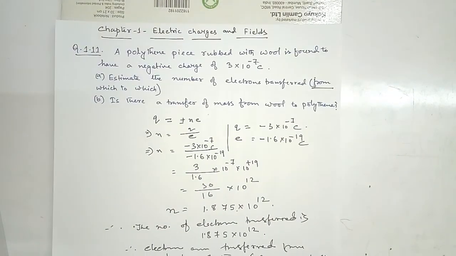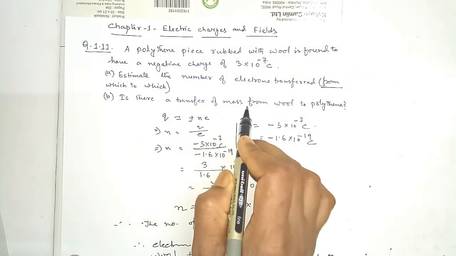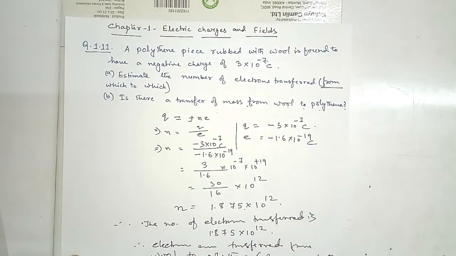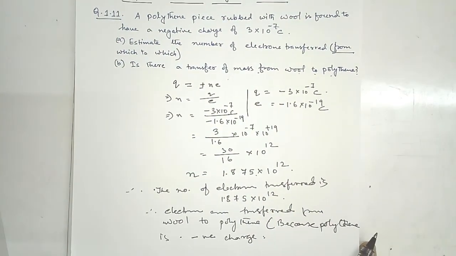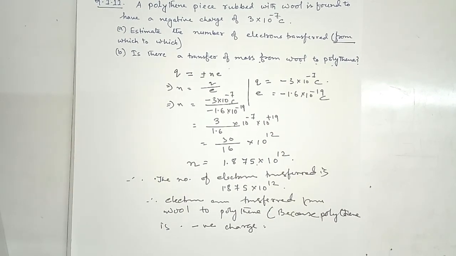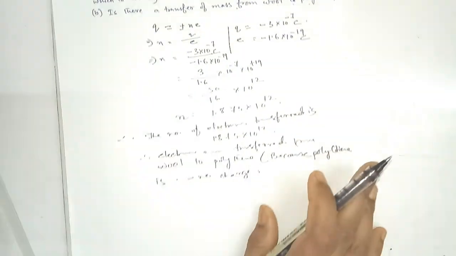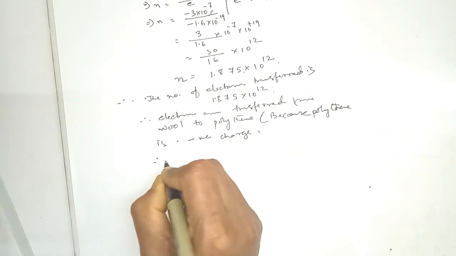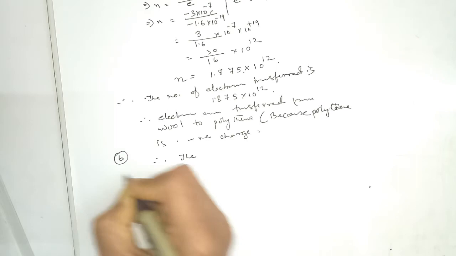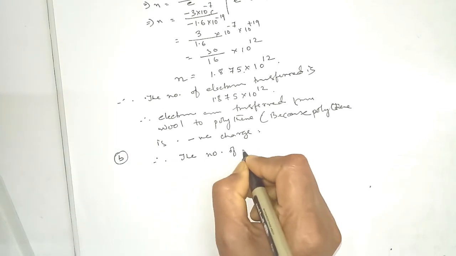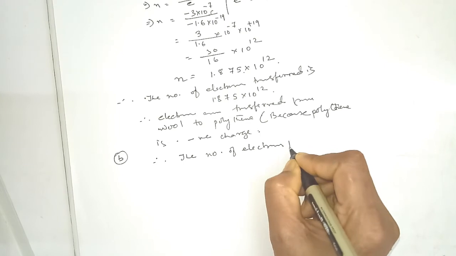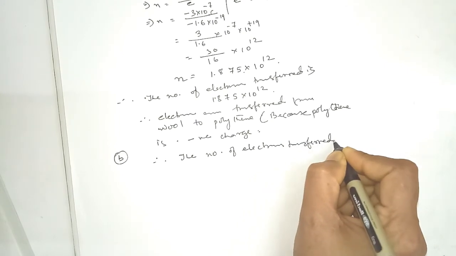Okay, the next is: is there a transfer of mass from wool to polythene? Yes, because every particle has some mass. So the mass can be transferred from wool to polythene. Now the question is how much mass is transferred from wool to polythene? So for this we can say that the number of electrons transferred is